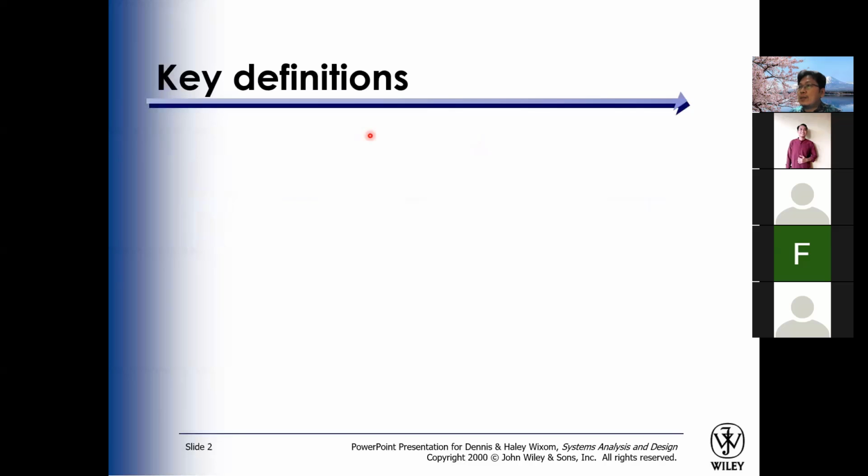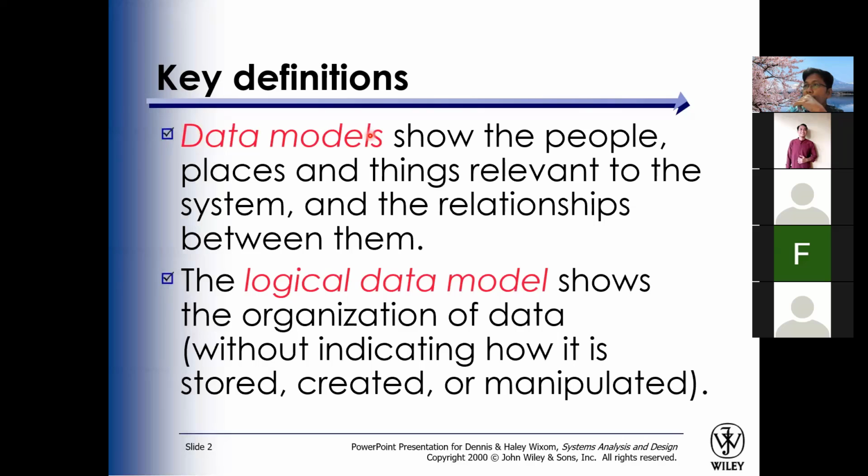You already store the database in a file, for example, in a hard drive, in a flash disk, etc. But for the transaction, we need organization, not only just saving to the hard drive, but we also make the logical data model. And also the data that we store should represent the specific people, place, etc. And also the relation among the data.